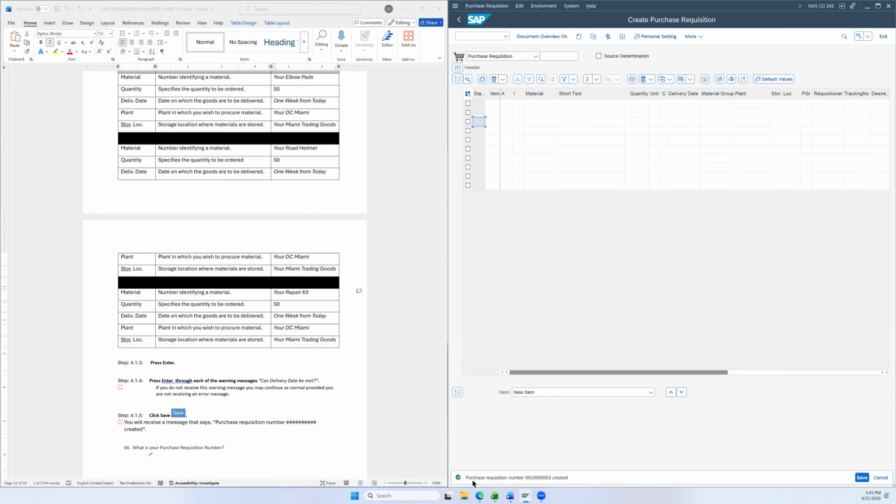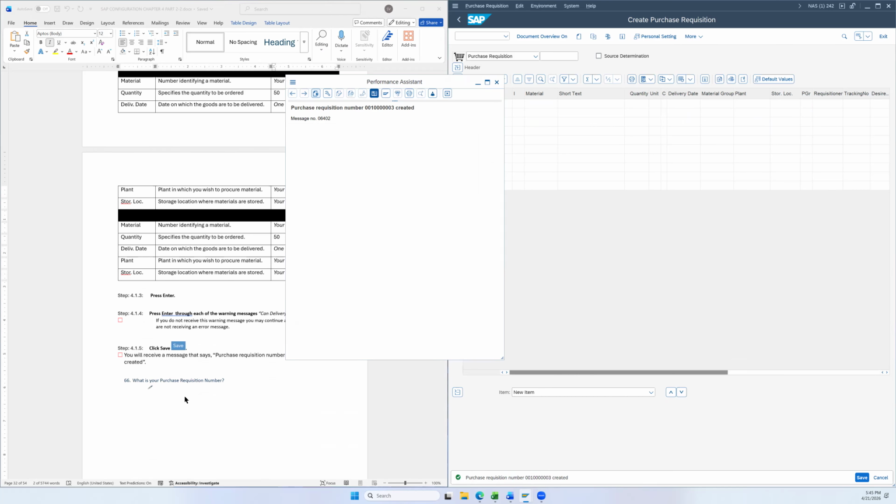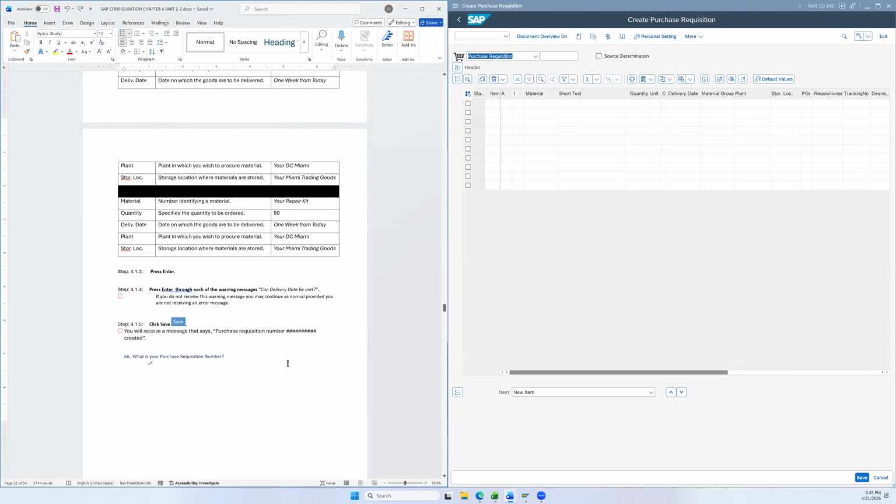And we can see that our purchase requisition order was created. There it is. So if you want to, you can just go ahead and copy that. I was going to say copy that and put it there, but it left. Yeah, I wasn't able to copy it in time, but if you want to, you could have just copied it over and put it there. Well, anyway,